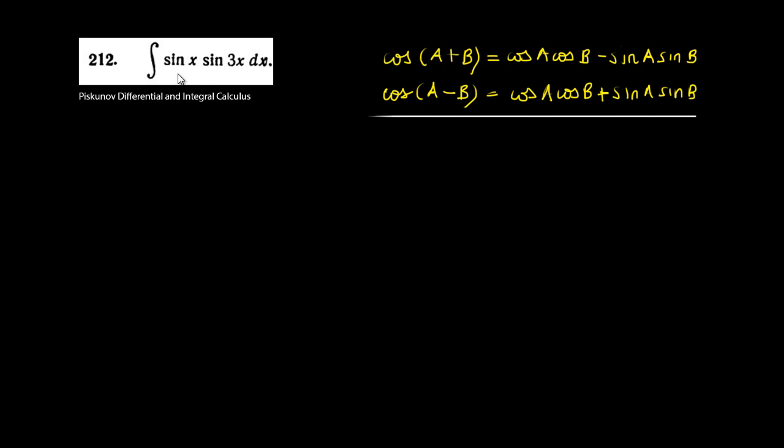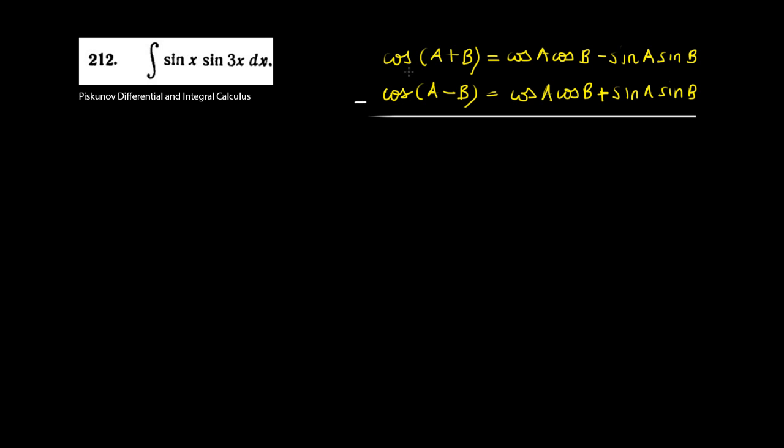I want to integrate sine of x times the sine of 3x dx. So I've written down two identities that your teachers or professors might have taught you in the trigonometry classes. So these identities must be known to you, but I'm just now going to derive another identity by subtracting these